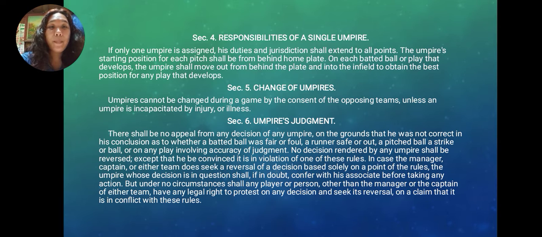There shall be no appeal from any decision of any umpire on the grounds that he was not correct in his conclusion as to whether a batted ball was fair or foul, a runner safe or out, a pitched ball a strike or ball, or on any play involving accuracy of judgment. No decision rendered by any umpire shall be reversed except that he be convinced it is in violation of one of these rules. In case the manager or captain of either team seeks a review of a decision based solely on a point of the rules,